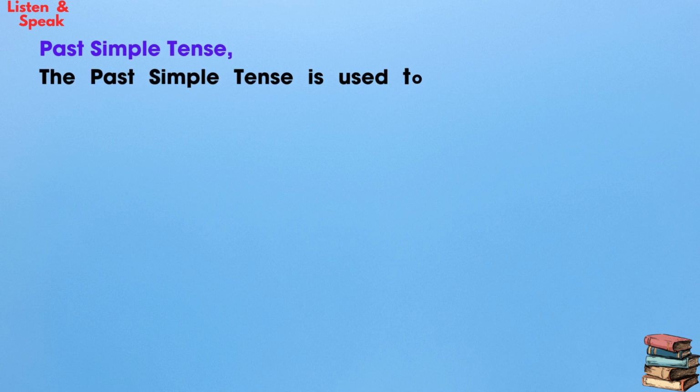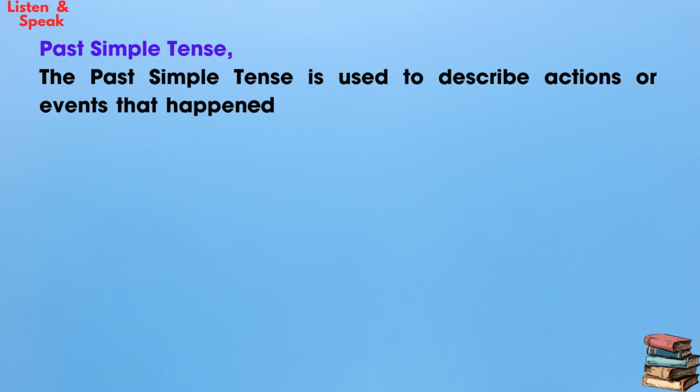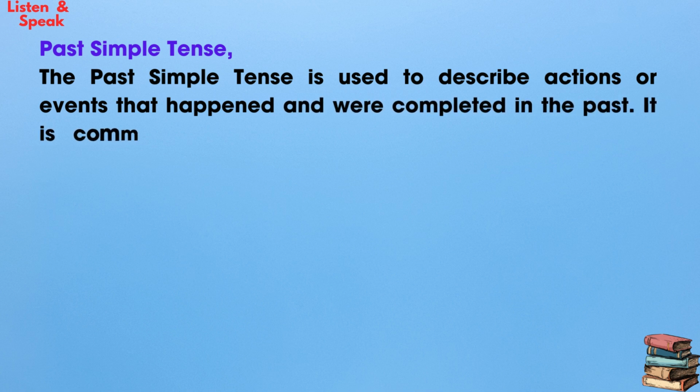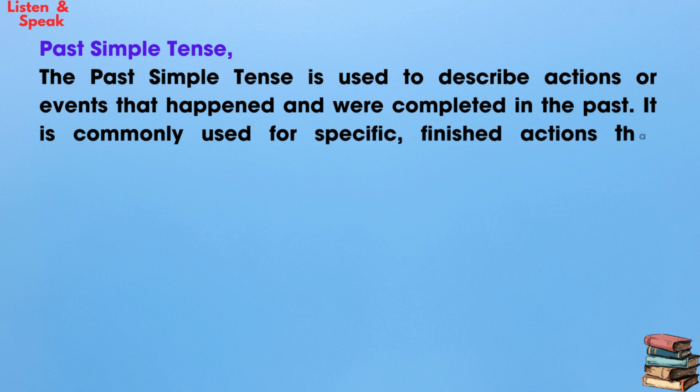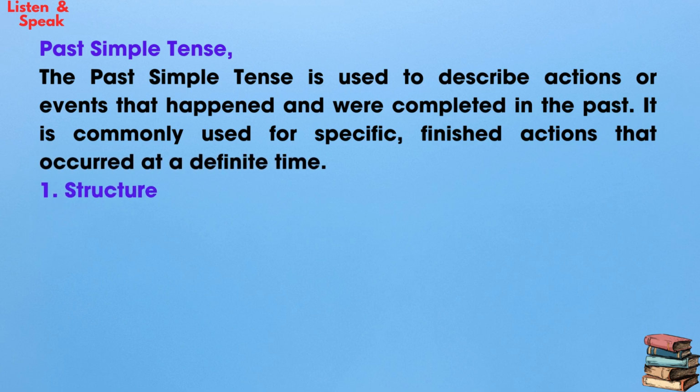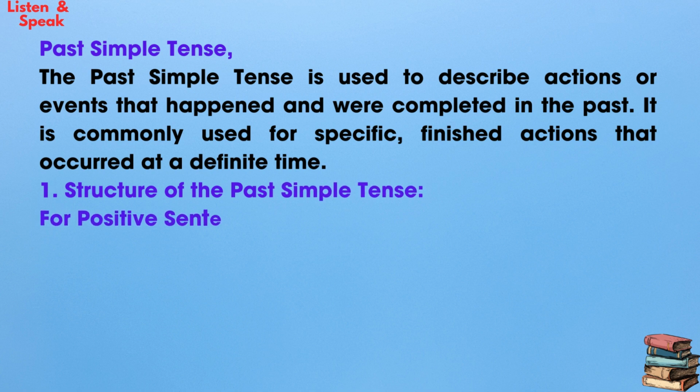Past simple tense. The past simple tense is used to describe actions or events that happened and were completed in the past. It is commonly used for specific finished actions that occurred at a definite time. 1. Structure of the past simple tense. For positive sentences: